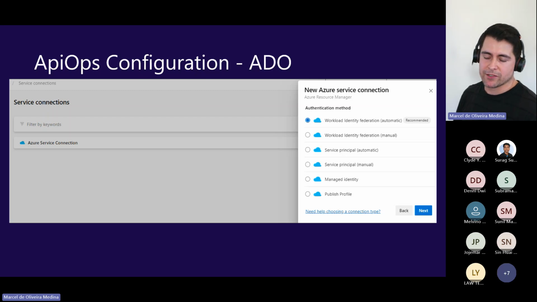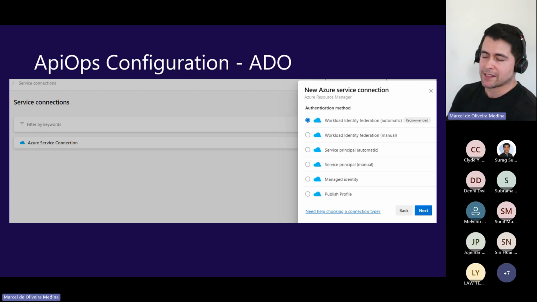Okay. One important thing on Azure DevOps is that before you can deploy, you need to establish the pipelines. But for the pipelines to be able to deploy to Azure, you need to create this service connection. The service connection is how you connect to Azure behind the scenes. But first you need to establish that. There are multiple options, as you can see here. The recommended way is the workload identity federation. So basically it doesn't create a secret, very well defined, different from a service principal where you're going to get a secret.